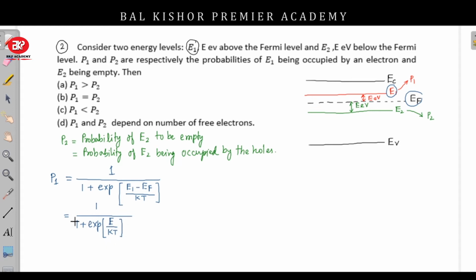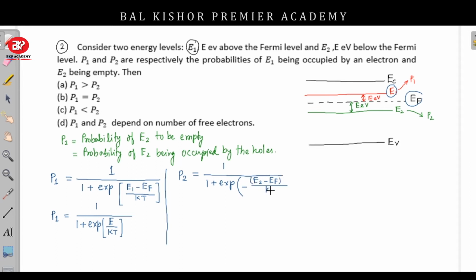So this is the probability of E1 being occupied by the electron. Similarly, if we want to calculate the P2 probability, which is the probability of the E2 energy level being empty, that means probability of E2 being occupied by the holes, that can be written as 1 divided by 1 plus exponential, here will be a minus sign and it will be E2 minus EF, so E2 minus EF